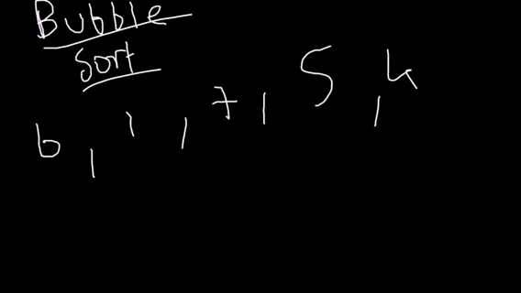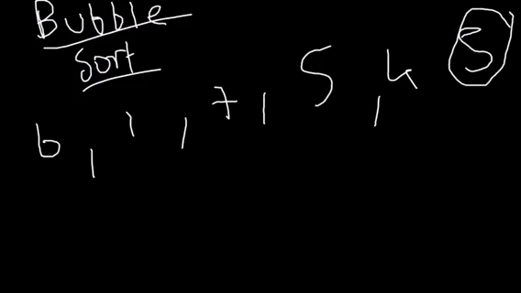So what happens in bubble sort is, let's say I gave you an array: 6 1 7 5 4. So now for bubble sort you have to use nested loops. So the length in this case would be what? 1 2 3 4 5. 5 would be the length, while the indices are numbered from 0.